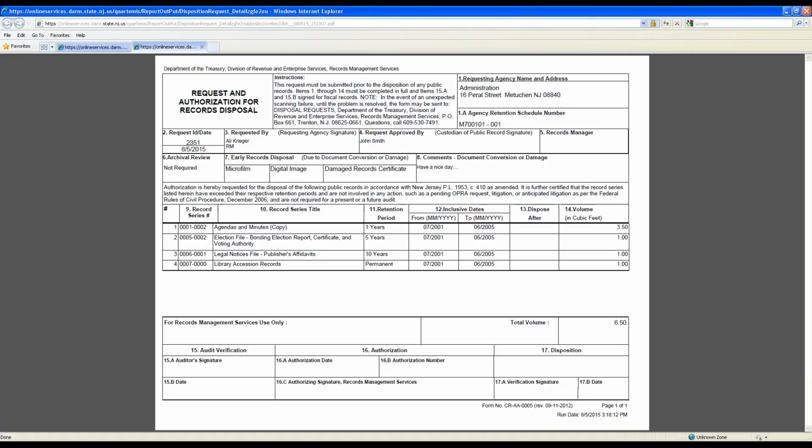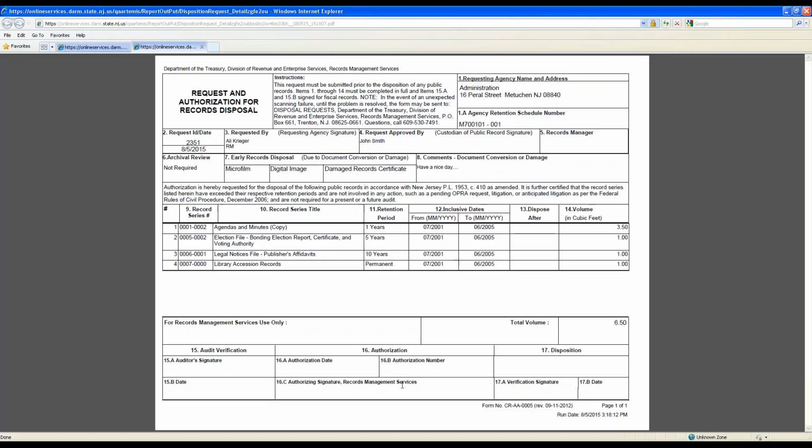You know what I mean? So if you do get a rejection, it's a lot easier to go in and do that. But again, basically, the system doesn't have a limit on the amount of lines you can enter in, but I just say keep it in reason. So now at this point, I have on the screen my disposition request. I would now print this out on a printer, and now I would get my signature.